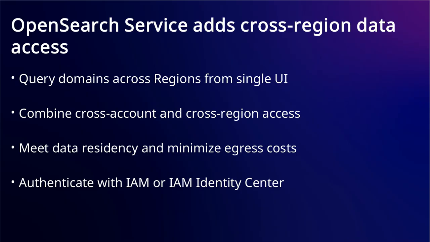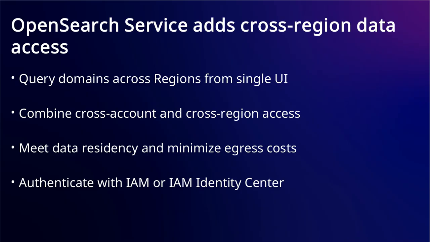You can query domains across regions from one interface without switching endpoints or replicating data. You can combine this with cross-account access to connect to domains in any combination of accounts and regions. This keeps data in place to meet data residency requirements and minimize inter-region egress costs. If you use cross-cluster replication, you can query both primary and replica domains from the same UI. You can authenticate with either IAM or IAM Identity Center. Cross-region access works with domains in both public and VPC configurations and is available in all regions where OpenSearch UI